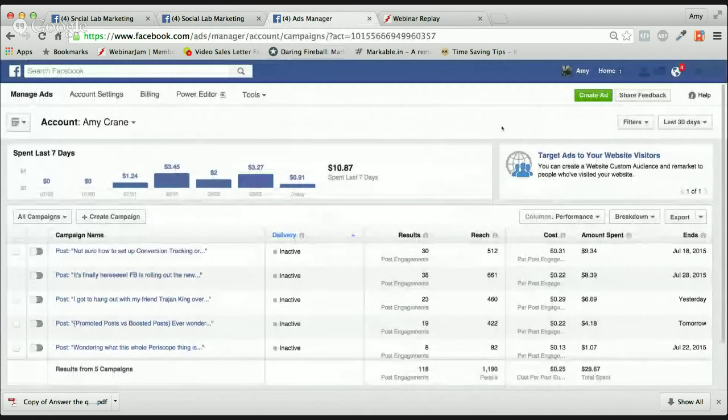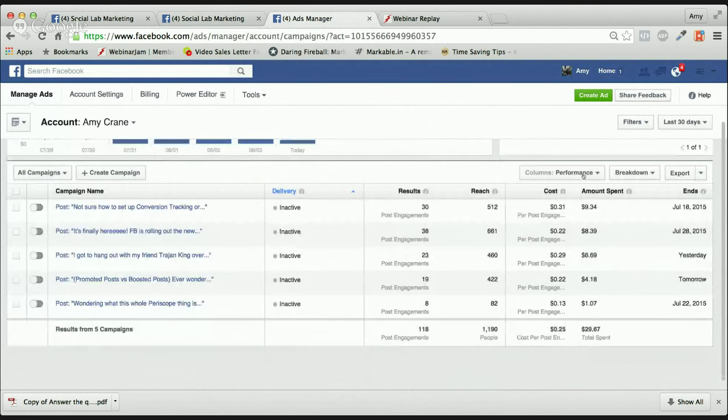So now let's pop over to Ads Manager, and you can see I have a couple of promoted posts in here that I set up to run through this account just so you could see what it would look like when you come in here to the reporting. So let's go through this right now. You'll have your post engagements, how many engagements each post got, how much you spent. I think the most I spent was like $9 on this post,